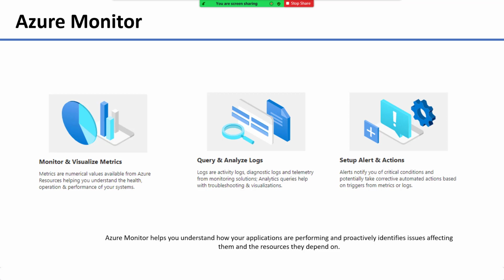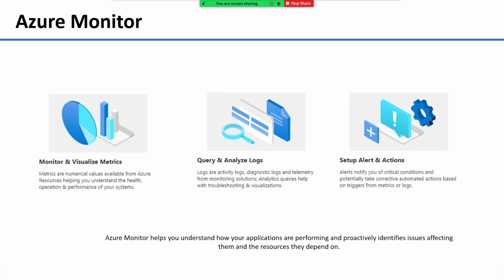It also helps you to set up alerts and actions. If something is found in the log analytics or metrics analysis, you would like to alert someone.